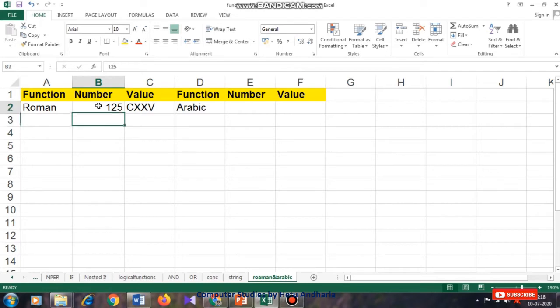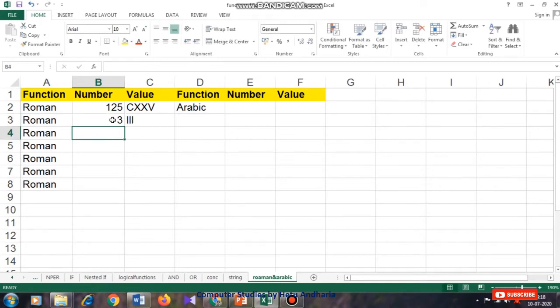Now we try a simple number. First I will drag this, and this also I will drag. Now I enter simple numbers to test whether it is giving the correct result or not, for example 3 or say 9, right? Yeah, it's giving the correct result. But when the number is more, for example 999, then as it is given in the textbook, it will display different values. How will it display?